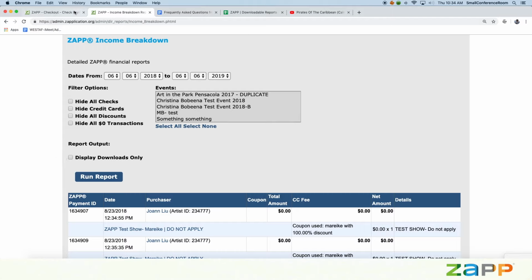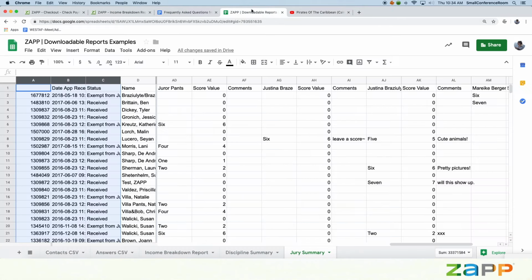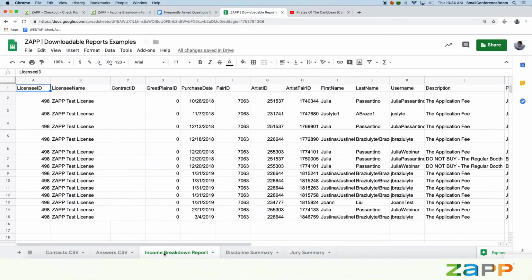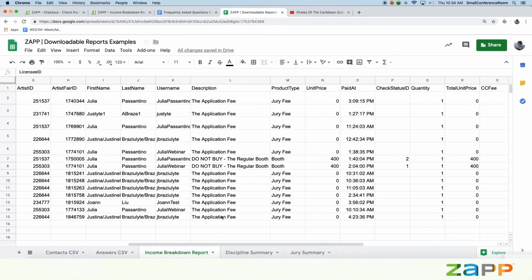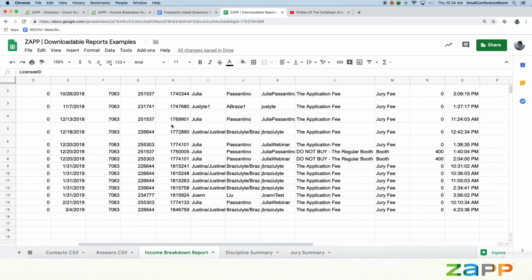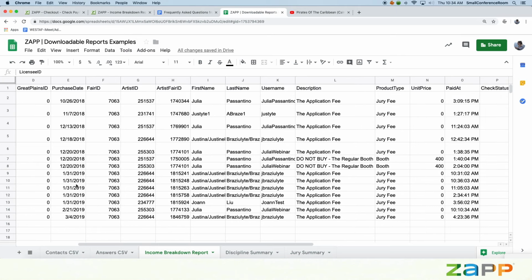So the nice thing about the income breakdown report is that not only does it include all the information, but it includes specific purchase time and dates. So, the exact time that it was paid. There's a date as well over there. Purchase date. You don't need to worry about some of these ID things, but the artist ID can be used